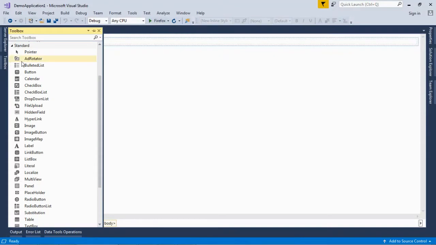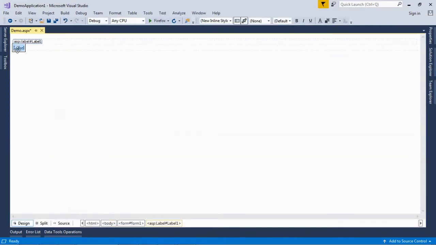Now let's discuss the label control. In the toolbox, there are a lot of controls here. Now we are talking about the label control. Select this control and drag and drop it on the design view. This is the label control. The label control is used to display a text or a message to the user on the form.